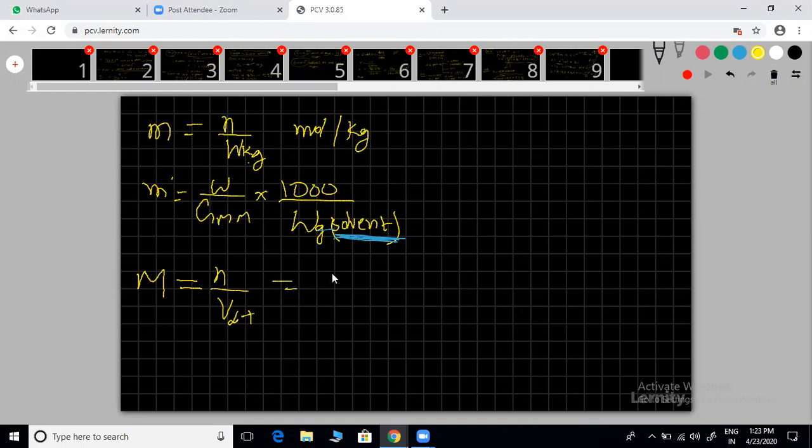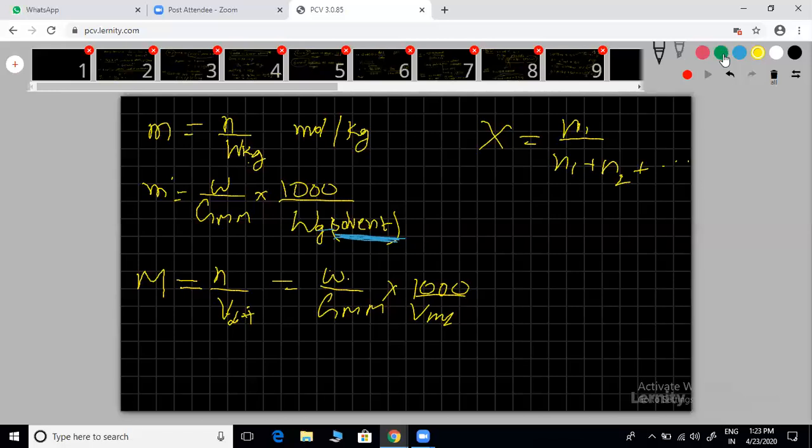You can write n, which you know, is weight of solute by gram molecular mass, into V liters, we are converting V into 1000 by V mL. So I have given mole fraction, molality and molarity, which is temperature dependent and independent. Mole fraction you also know, X equals n by n1 plus n2 for two components, and so on. We have seen even in previous questions.